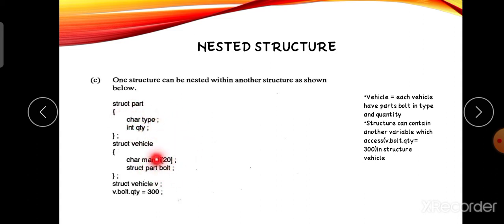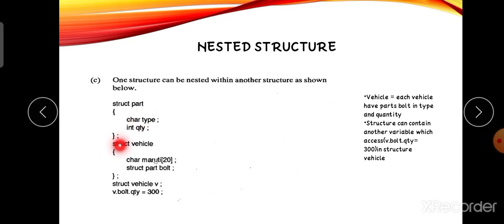Using the structure, we want to know the vehicle's bolts and the quantity, say 300, and declare it. How do we declare it? In that vehicle, we start with bolt. Bolt means the bolt type or quantity; here we need the quantity, so we set bolt quantity equal to 300, one variable in a structure, using the dot operator. This is the one structure.